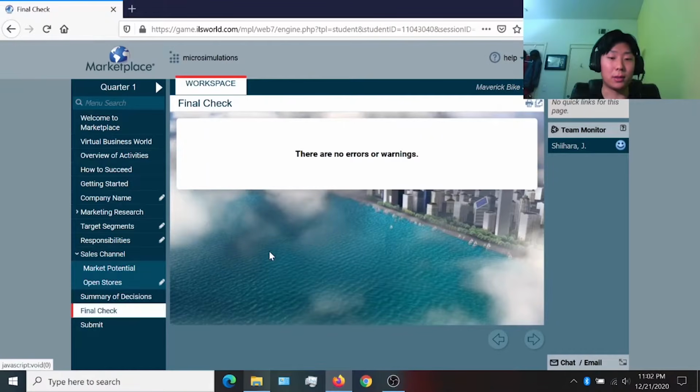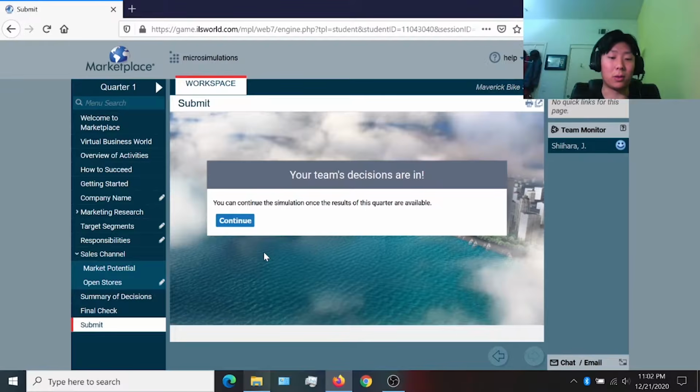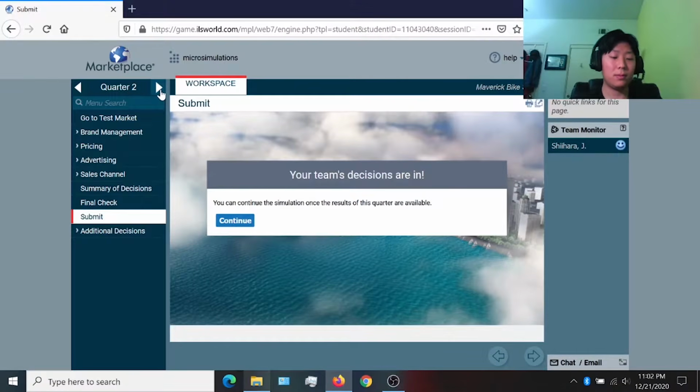And then we can go to final check and make sure there are no errors or warnings, and then we can submit our quarter. And so somewhere over here there will be a submit button, and it'll take you to the next quarter. So in quarter 2, you want to do the same thing, and you'll want to read through